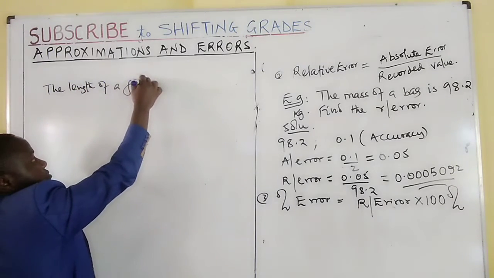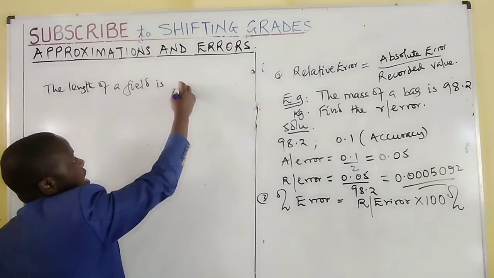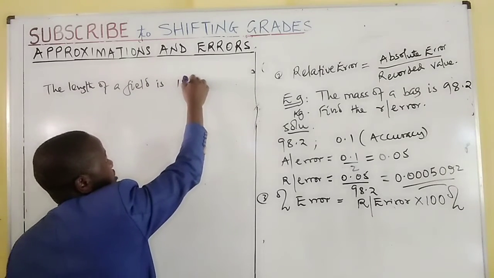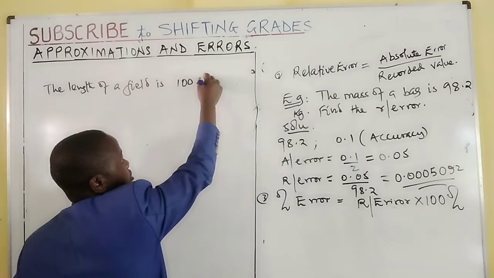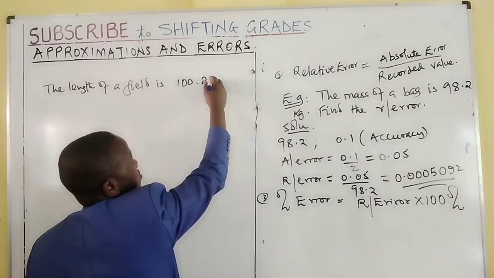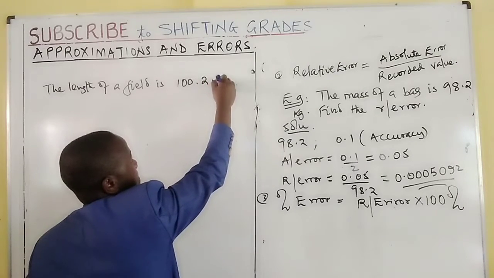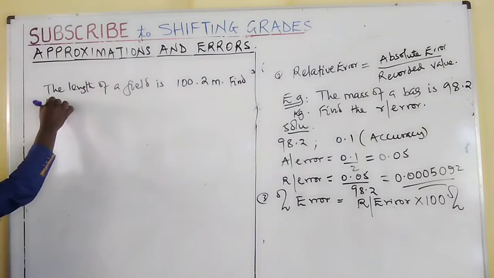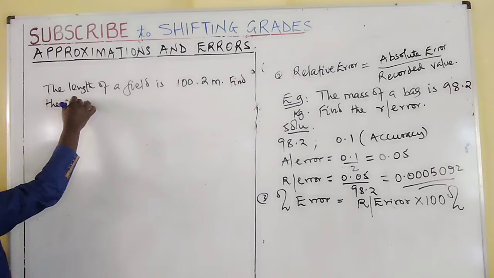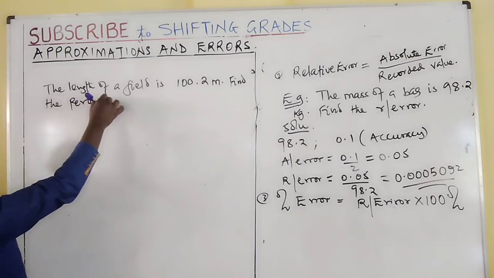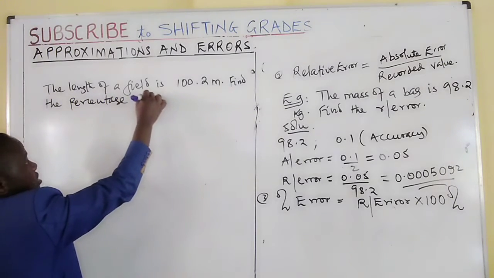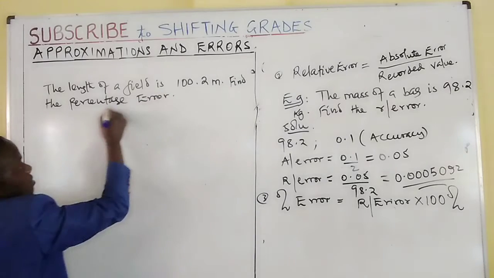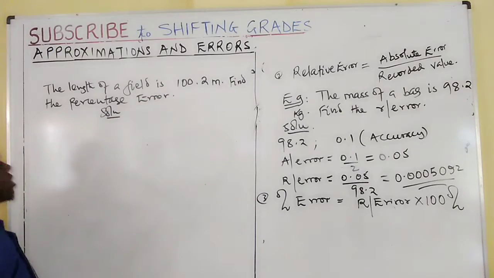You can be told, for example, the length of a field is 100.2 meters. Find the percentage error. Therefore, in this case, the recorded value is 100.2 meters, meaning that it has been recorded to an accuracy degree of 1 decimal place,